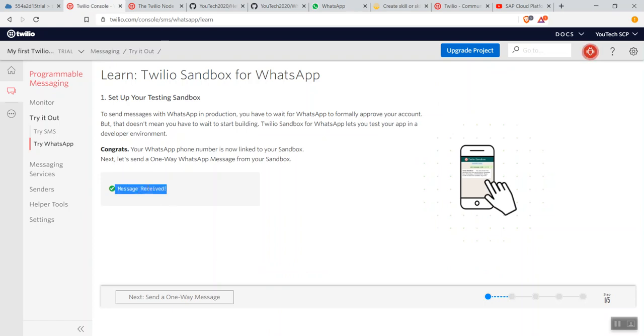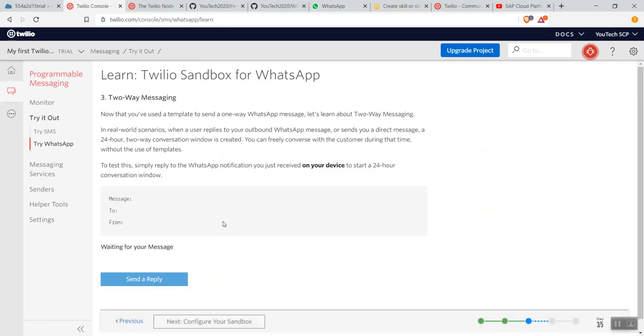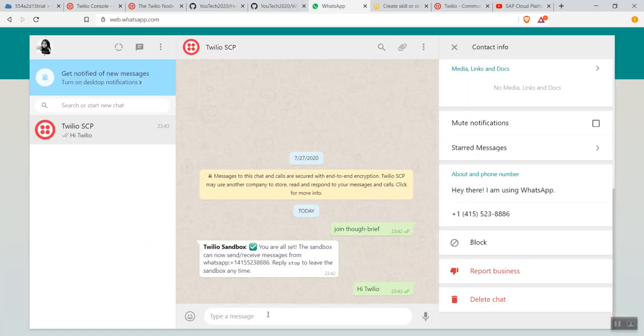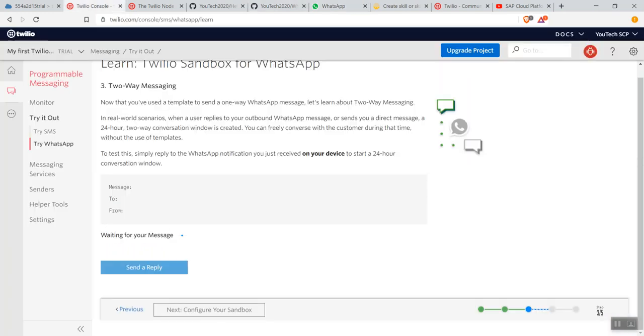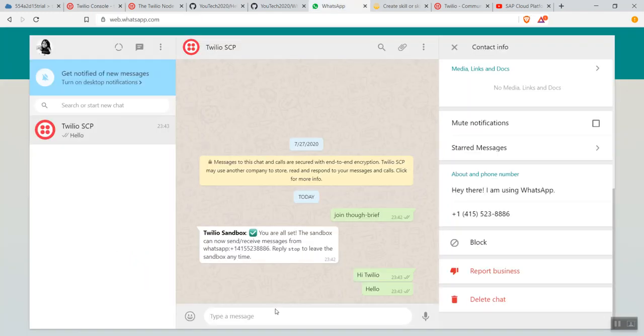message received, but it's not showing anything. Let me do a two-way communication once. Two-way messaging, you can see here, waiting for your message, and now you send it. Hello. You can see here I just sent a hello, so immediately that Twilio account received my message, hello from QTech,